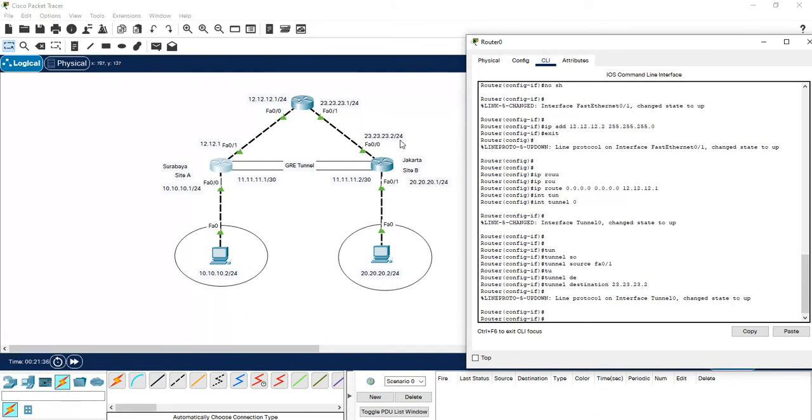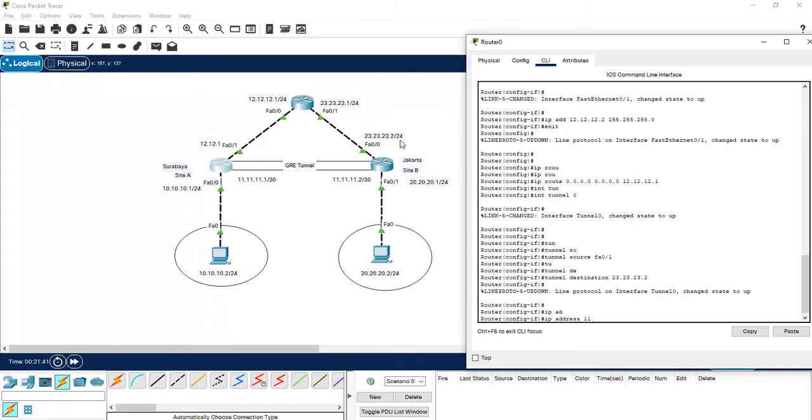Then we put the IP address for this tunnel, 11.11.11.1, and the subnet mask is 255.255.255.252.